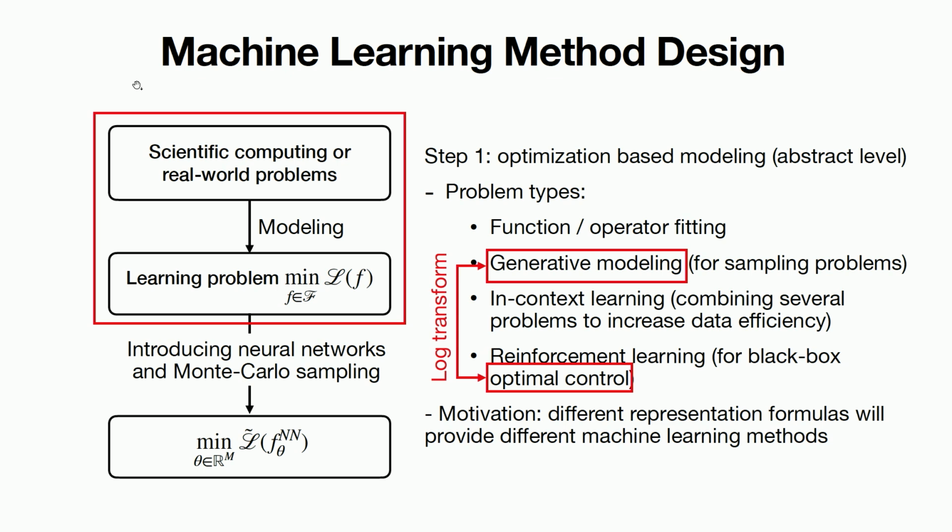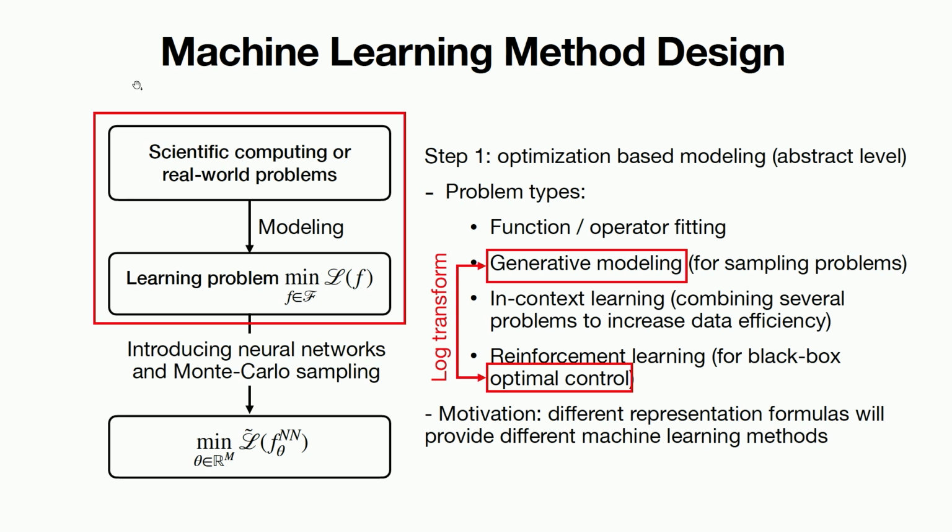Although I didn't use reinforcement learning, using this connection can lead to many, many open doors. My motivation is that different representation formulas of the same problem will provide different machine learning methods. For instance, if you want to solve the HJB equation, you can use the equation itself to design a PINN loss,